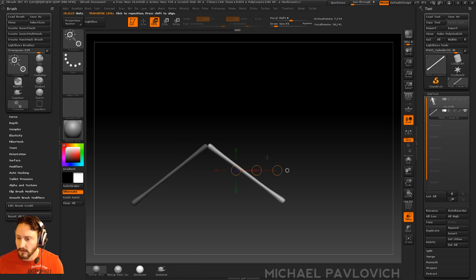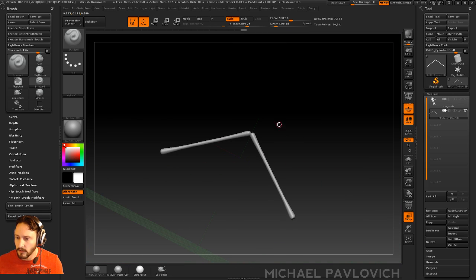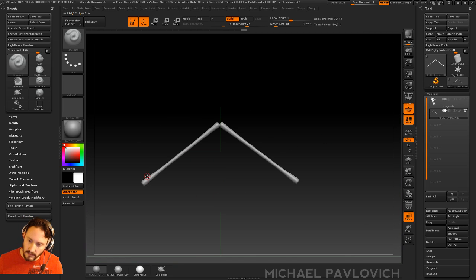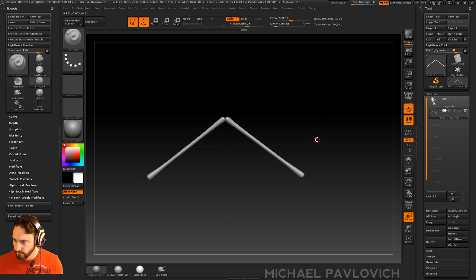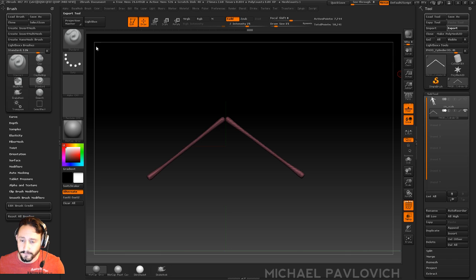One important thing to note, if I turn on my floor here, we have Z forward, Y is up and down, so the floor is down here, and that's going to be important because basically we're going to let Marvelous Designer kind of let gravity affect it. There's ways around that. We'll talk about that while we're in Marvelous. So we've got this thing here. Hit Control W just to make it all one polygroup, just in case. Go to Export, and I'll just throw this on my desktop